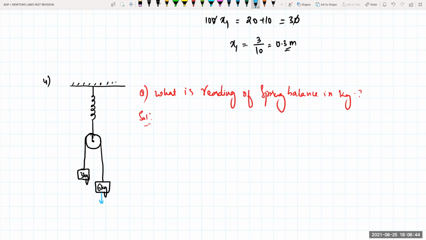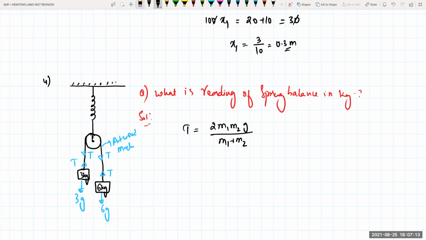Now tell me what will be the given condition. So for this one, the weight of the body is 6g in the downward direction. So there is a tension T here. And this is your 3g. And this is something like an Atwood's machine, beta. For Atwood's machine, how do you calculate the tension, beta? Yesterday I told you. For Atwood's machine, T is equal to 2 m1 m2 into g divided by m1 plus m2.